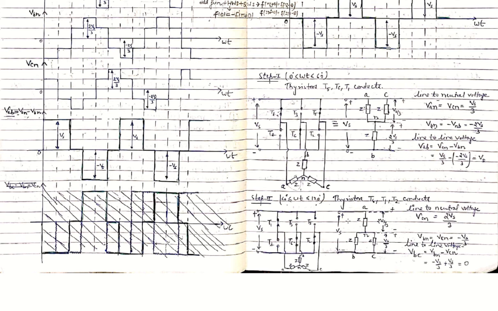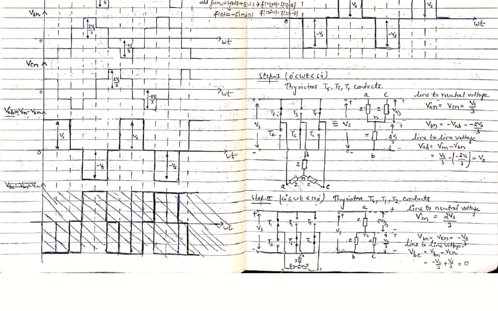So if we again find the voltage drop across this branch, then 2 Vs by 3 is up to this Van point, and this is Vs by 3 below this neutral point. So it is Vs by 3 on the lower side and 2 Vs by 3 on the upper side, total equals the total supply voltage, that is equal to Vs. So what is the line to neutral voltage, that is, the phase voltage for point A? Van equals 2 Vs by 3 in this case, because the full impedance is there, not half. In the first case it is half, so now it will be full impedance, so 2 Vs by 3 will be here.